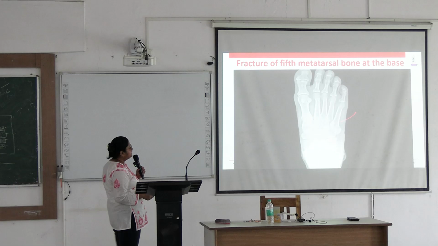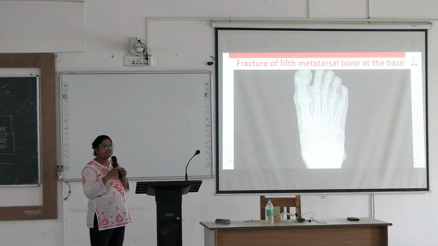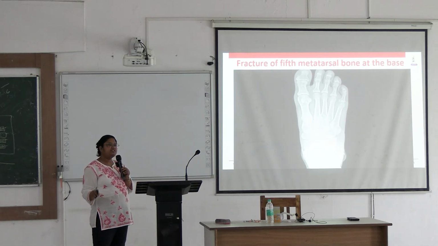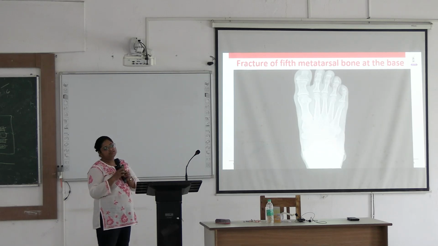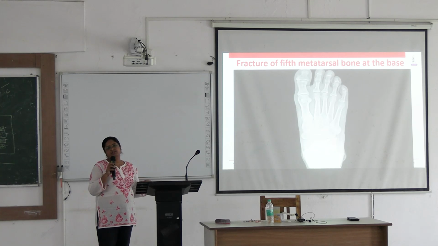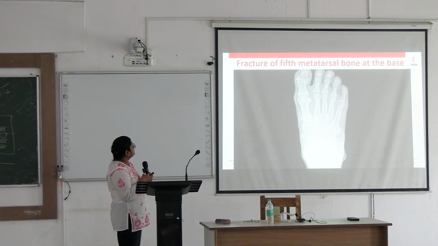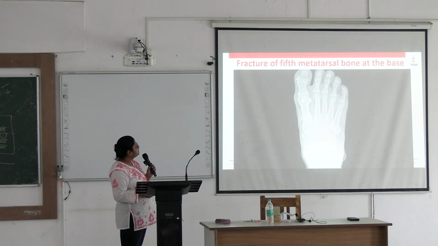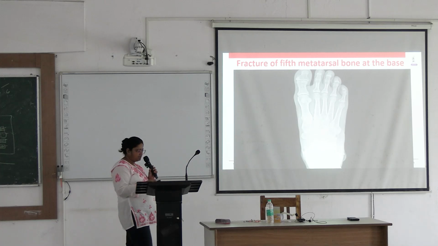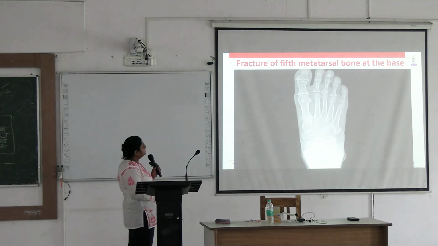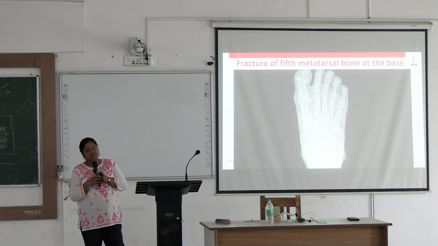Metatarsal fracture is also seen in patients with torsion of the ankle joint. There is generally fracture in the metatarsal, or sometimes injury of the ligaments, that is ankle sprain. During ankle sprain, injury to the different ligaments, deltoid and other ligaments, is common, and fracture of the base of the fifth metatarsal is also common. Other metatarsal base fractures can also occur. Okay, that's all. These are the pathological things.